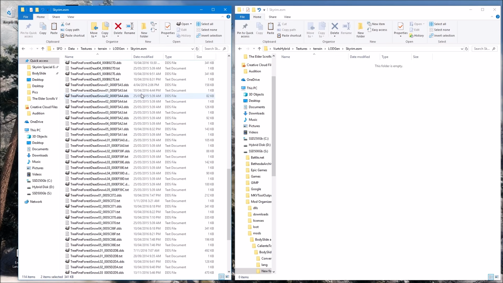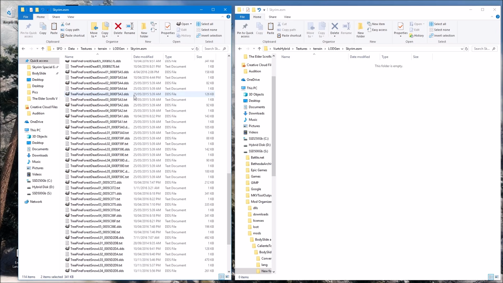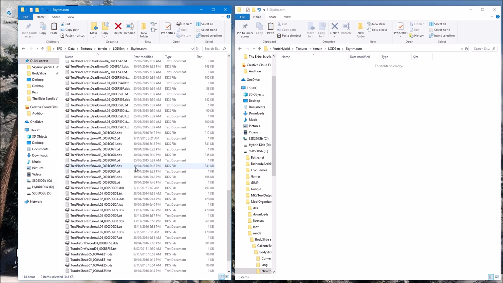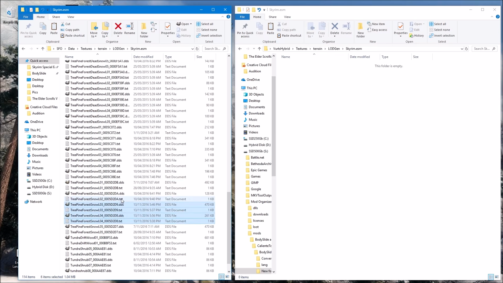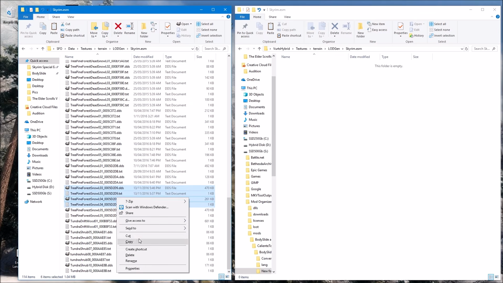There's lots of tree, pine, forest files here, so just make sure you grab the right one. So we want the tree, pine, forest, snow, L, which is down here, 03, and also 04, which is obviously right under it. So highlight those 4. So I just got the 6 files there. Right click, copy,